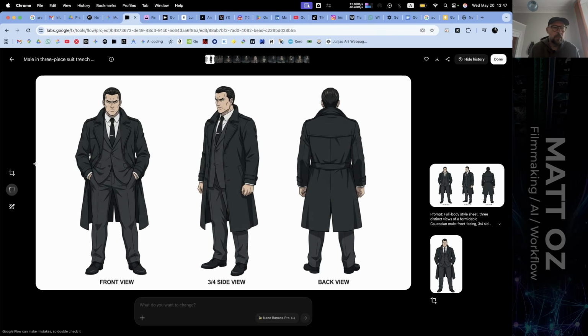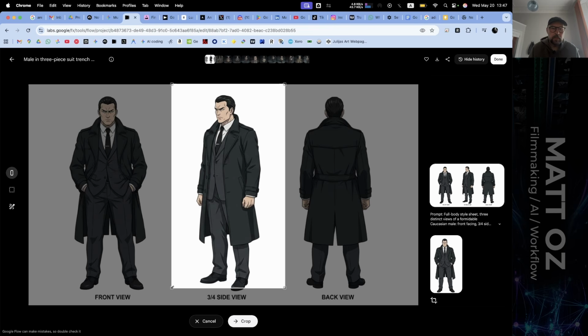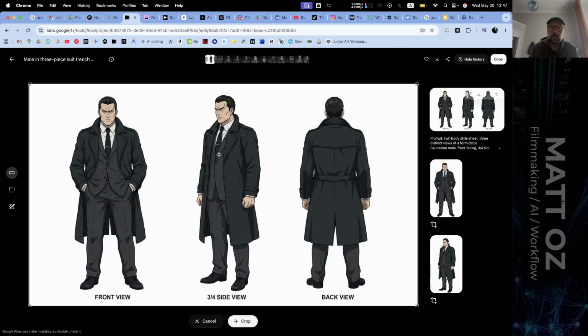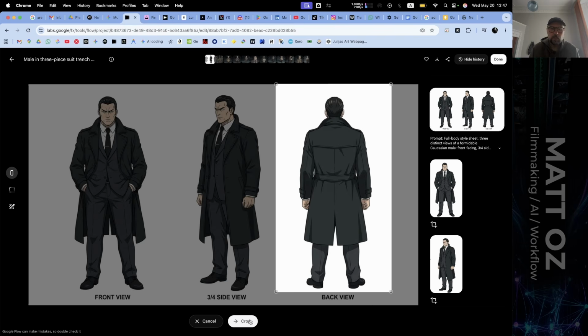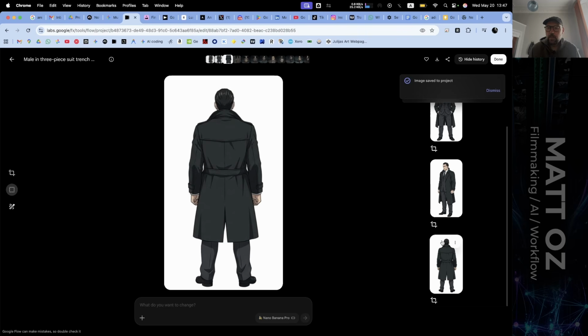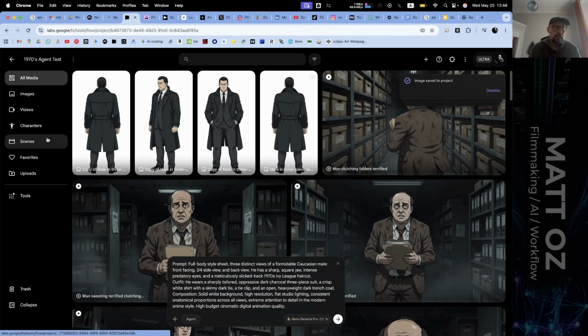So we'll crop this guy. We'll crop this guy in portrait. Probably don't have to be too particular about centering him. Crop. And we'll grab this guy. Go here, go to portrait, crop this guy. I ramble a bit from time to time. Here we go. So what I'm going to do is then save these guys to the project. 1, 2, and 3. Go back here, go into characters.